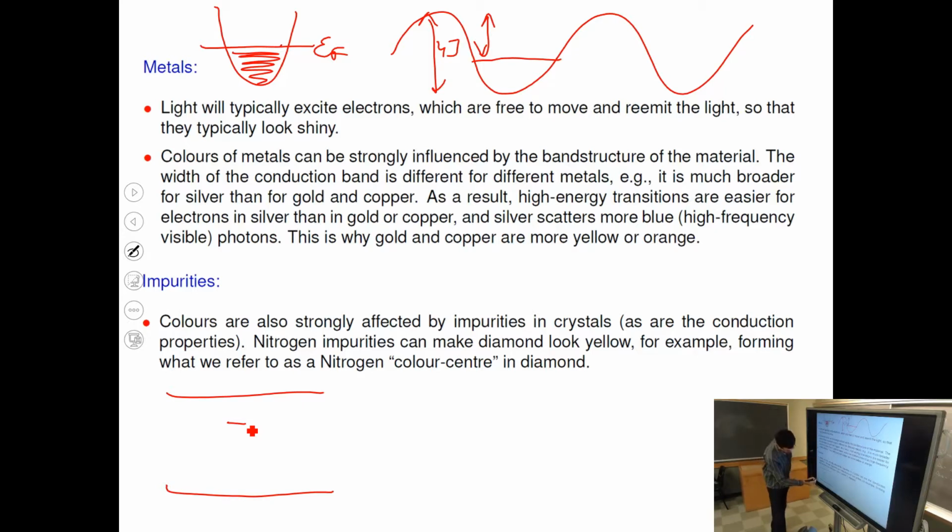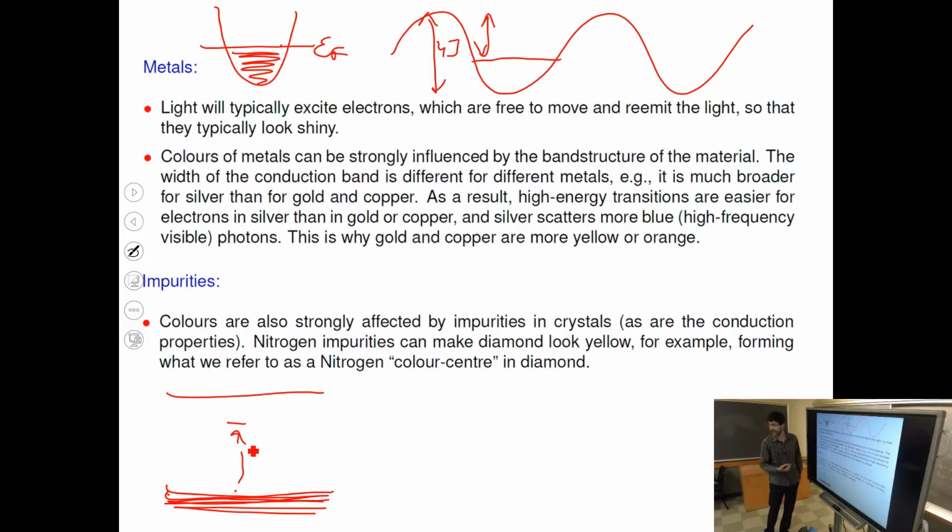So you can think about bands as being formed of eigenstates of orbitals related to each atom. Right? And they form a continuous band, and they sort of bunch together, and then there's a forbidden region, which is the band gap. Now, an impurity is an irregularity in the band structure, and so its eigenstate may come out of the band and be at some other energy within the band gap.